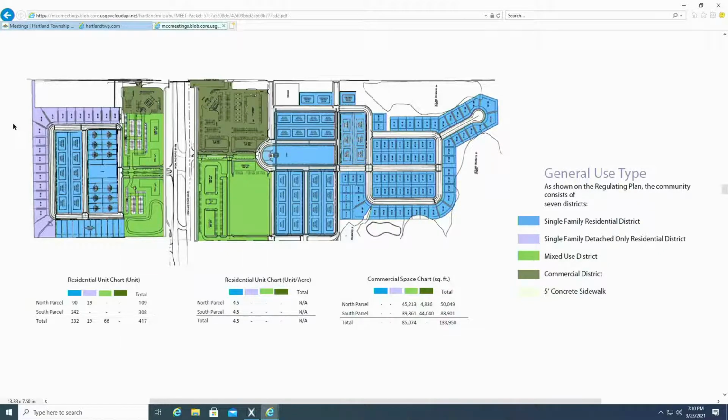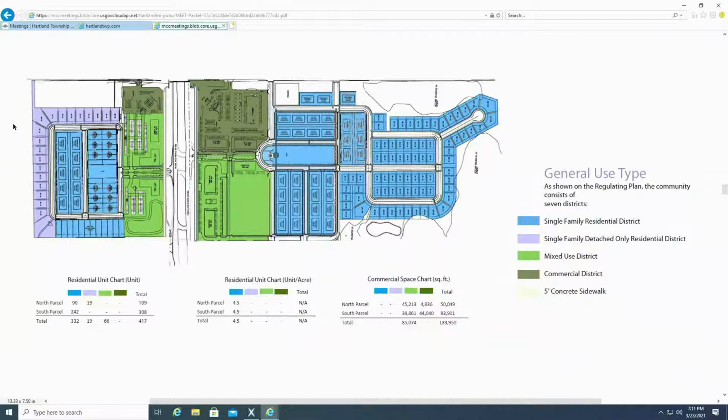Then the blue area, and it's on both the north side and the south side, is also referred to as a single family district, but it actually allows single family homes and then some attached motor court or duplex. I might not be referring to it correctly, but they're duplex motor court and quad motor court buildings. They're owner occupied. They are somewhat of a new concept, and those would be possibly in the blue area.